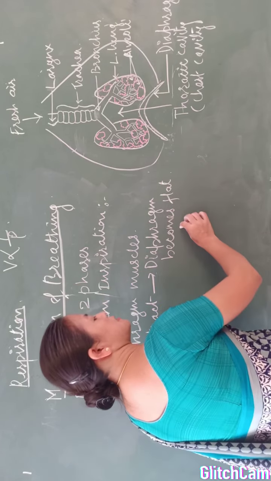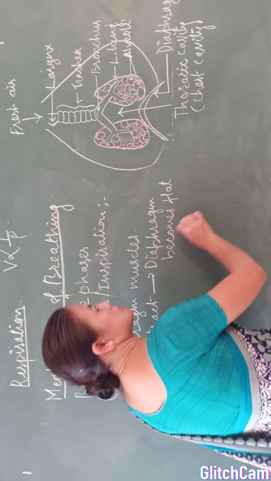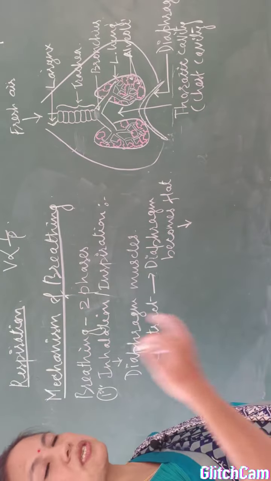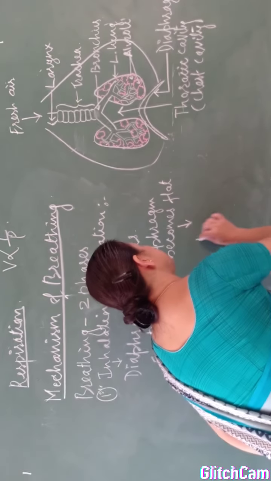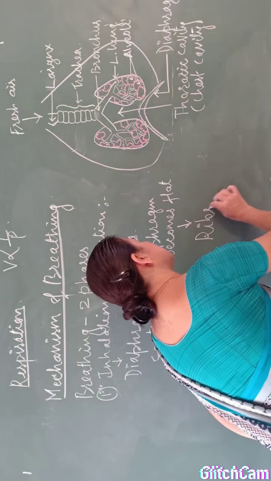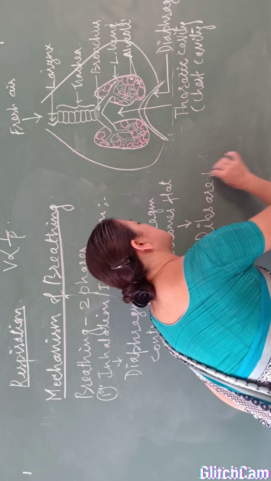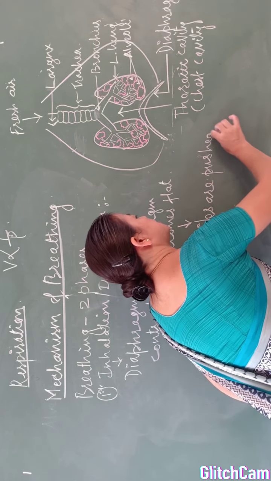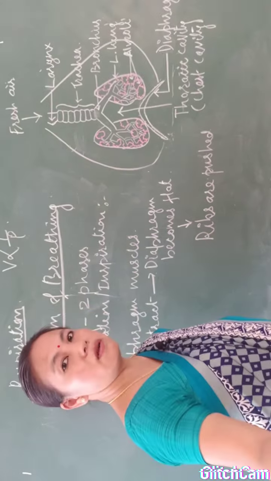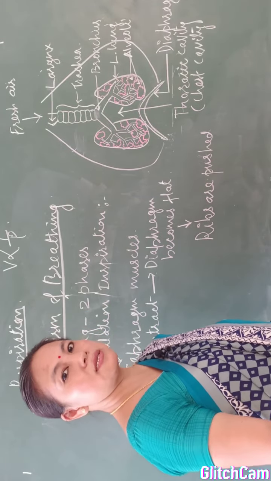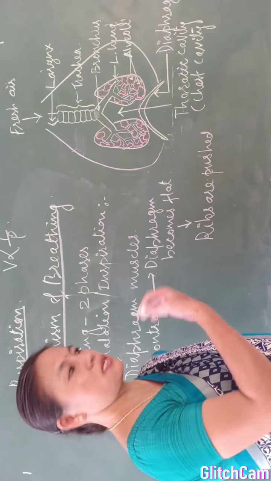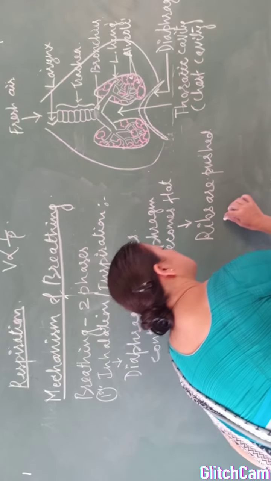When the diaphragm becomes flat, what happens? The ribs will be pushed outwards. Ribs are pushed upwards. We can write upwards also, because you can also do it at home. Try to inhale and see what happens in our chest area. So, ribs are pushed upwards,